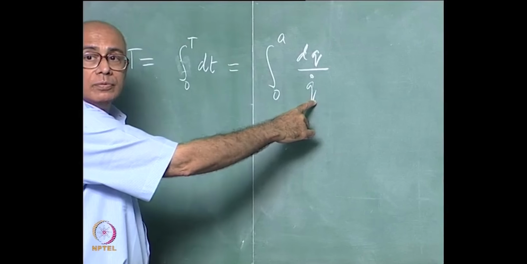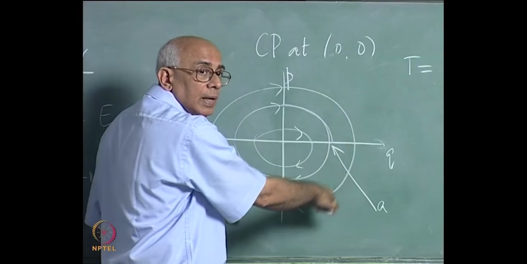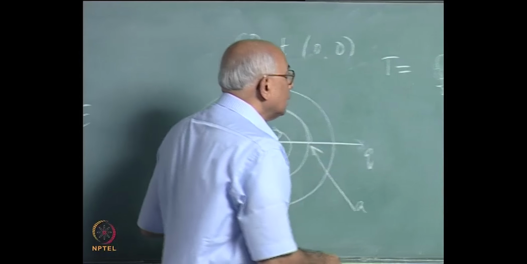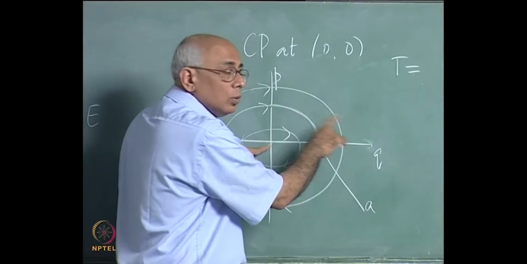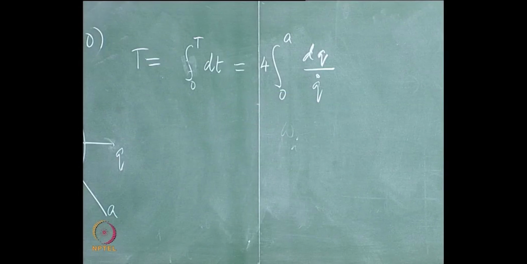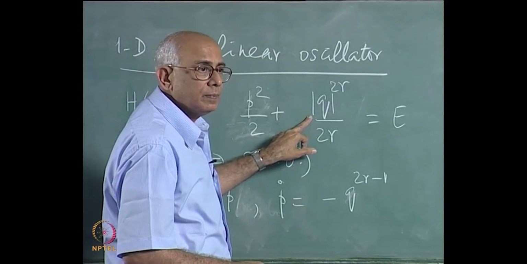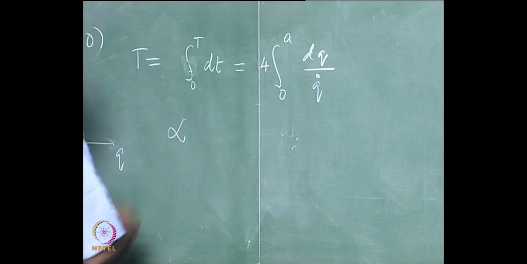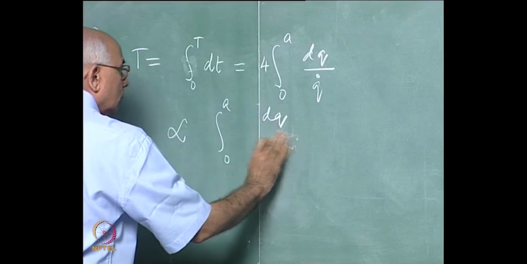but I must make sure about the sign of this quantity, which could either be plus or minus. It is positive in the upper half part of the diagram and negative here, and by symmetry, since we said it takes the same time to go from here to there as from there to here, this is equal to 4 times the time to go from 0 to the amplitude A, where by q dot I mean the positive square root of E minus this quantity apart from some constant factor. So this is proportional to, apart from some numerical constants, the integral from 0 to A of dq divided by